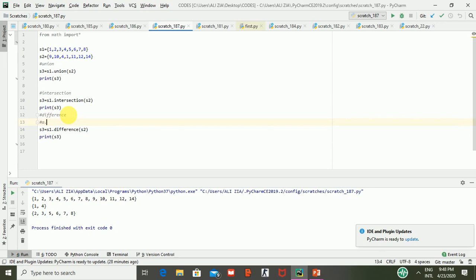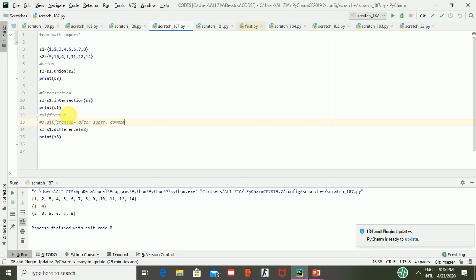If I give A dot difference B, then the result will be, after subtraction, the elements of A. I will write it here so that you can understand.